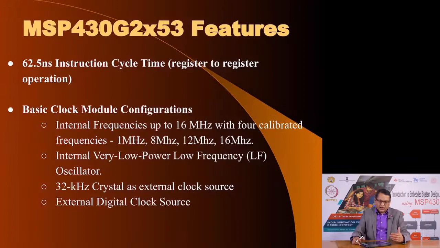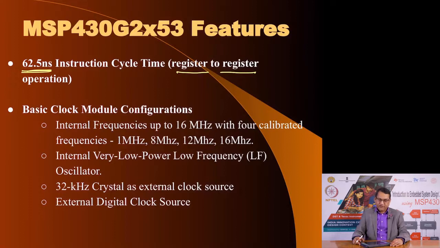As you noticed in that earlier slide, the dominant frequency of operation is 16 megahertz. So, if you operated your microcontroller at 16 megahertz, the clock period will be 62.5 nanoseconds, and in one clock cycle you can execute instructions which would transfer data from register to register. Of course, other instructions would take more clock cycles and therefore they would be taking more time,